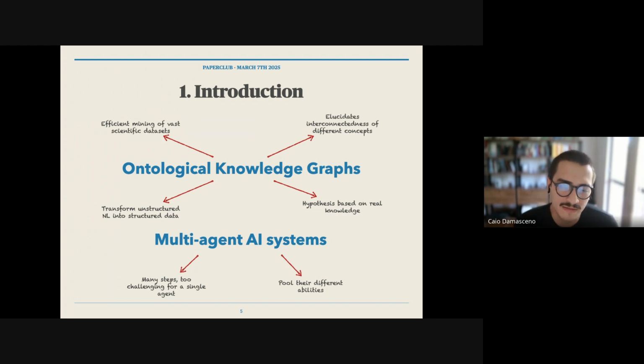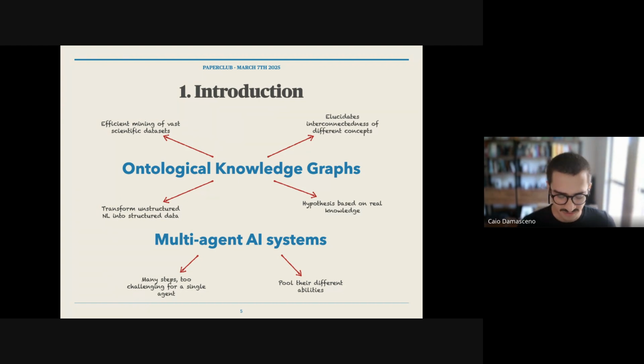So they used a knowledge graph focused on bio-inspired materials that comes from many papers on the field, and it brings a way to do efficient mining of vast scientific data sets. That's a way they found to structure the data they have, and it's easier for the agent to explore the data set if you use graphs. Also, it brings interconnectedness of different concepts.